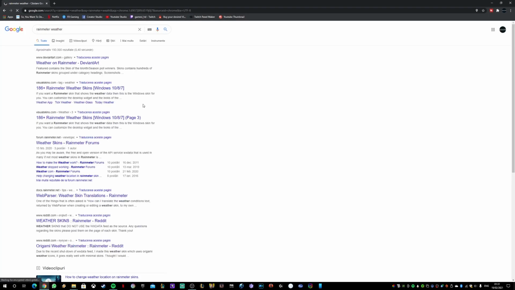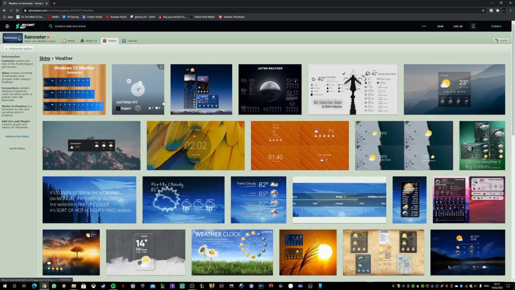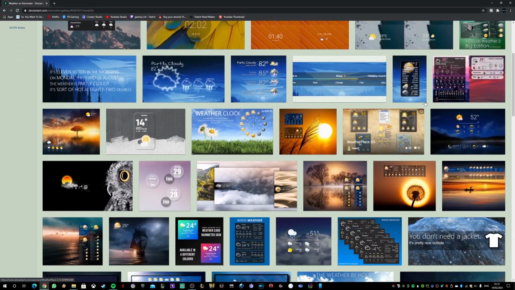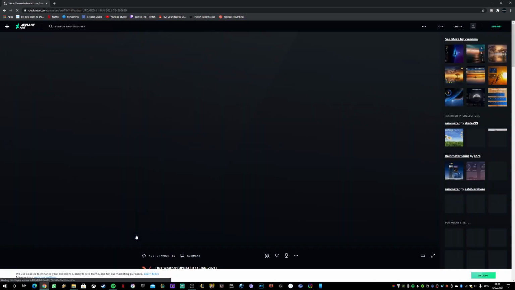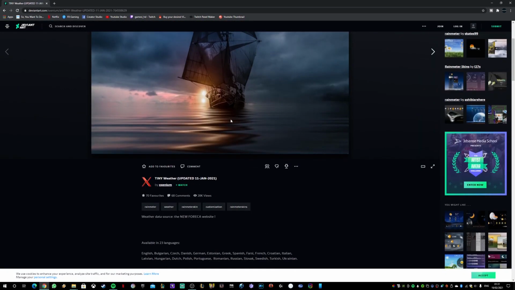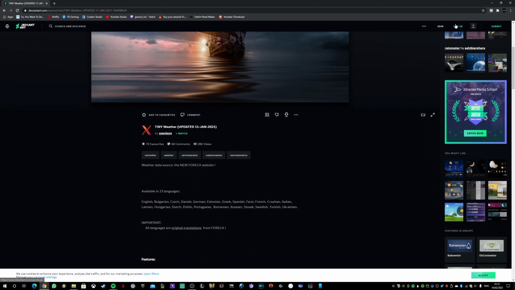So you just go here, and again, you just Google it and you'll get all kinds of weather widgets. You can add every single thing that your heart desires, and you can customize it the way you like. Me personally, I'm not a big fan of customizing my computer too much, but just for the sake of it,